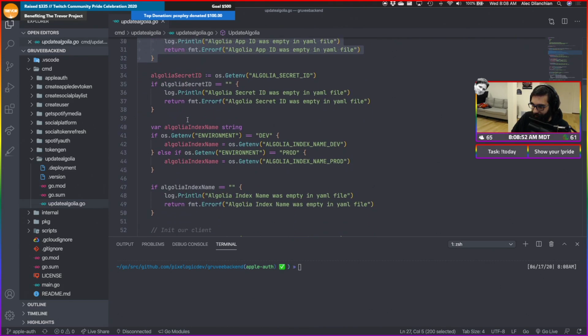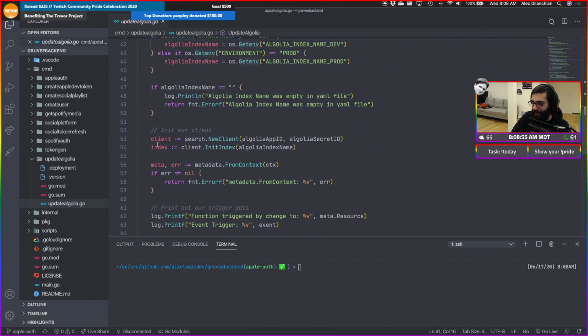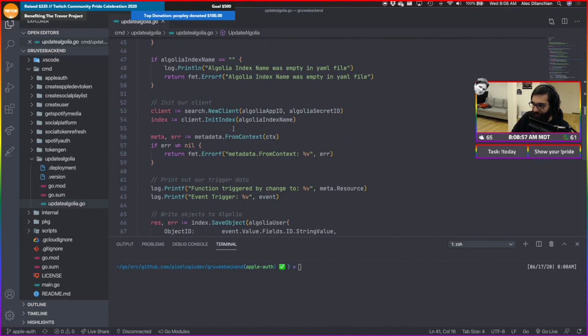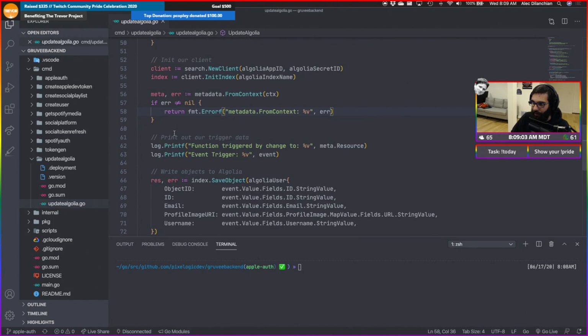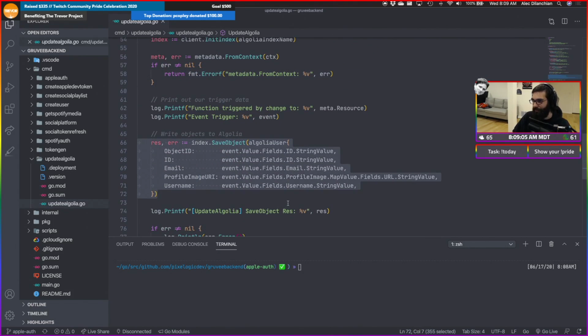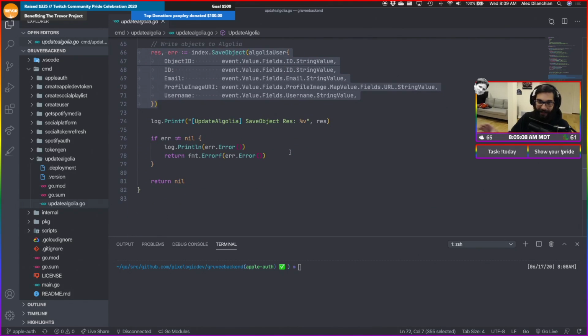We look for all these different things, and if they're there, we go ahead and init this Algolia client. They have a Golang package, which is really cool. And then from there, we just send over our object, and that's it. And that gets stored in Algolia, and every app, every client after that will be able to use it properly, which is sweet.